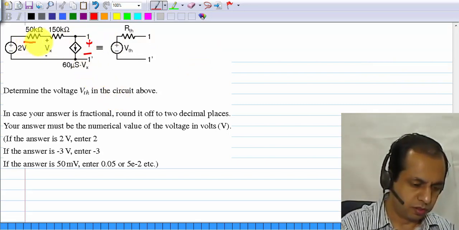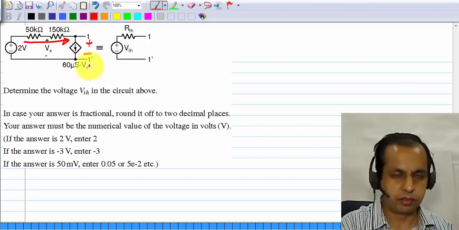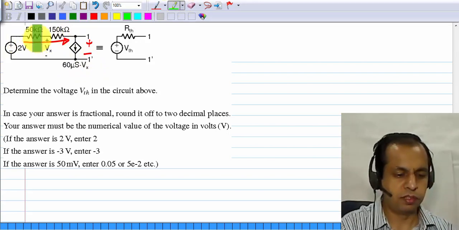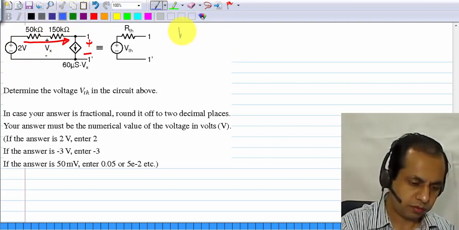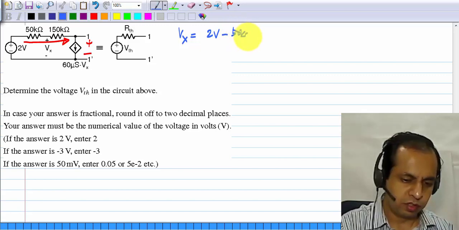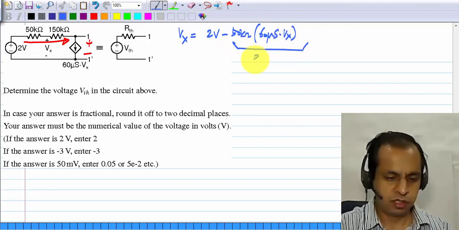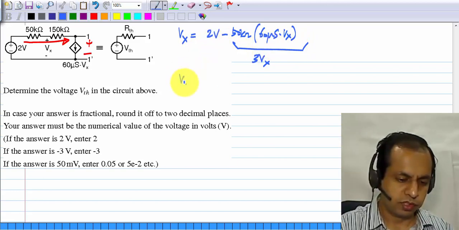First of all, the current flowing this way is 60 microsiemens times Vx, and Vx itself, the voltage here, is 2 volts minus 50 kilo ohms times the current. So Vx is 2 volts minus 50 kilo ohms times the current, which is 60 microsiemens times Vx, and this product is 3Vx. Okay, so if you solve for this, you will get Vx to be half a volt,